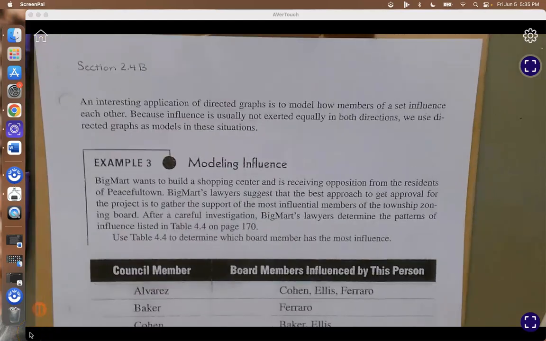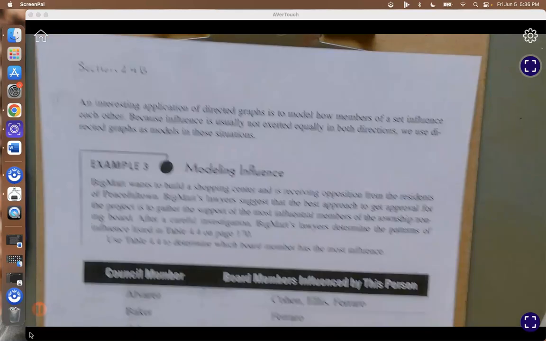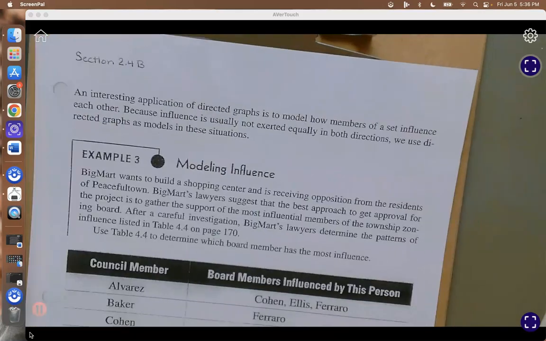Alright guys, so today we're going to finish up 2.4 with directed graphs and look at a couple more examples. Well, actually probably just one more example. An interesting application of directed graphs is to model how many members of a set influence each other. Because influence is usually not exerted equally in both directions, we use directed graphs as models in